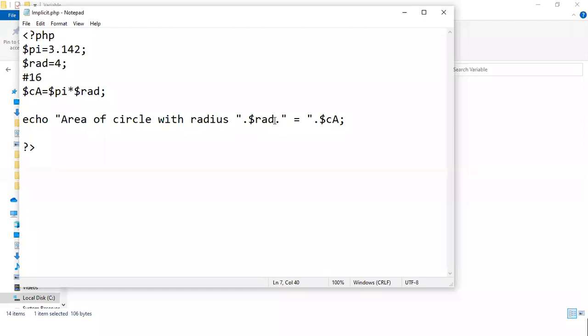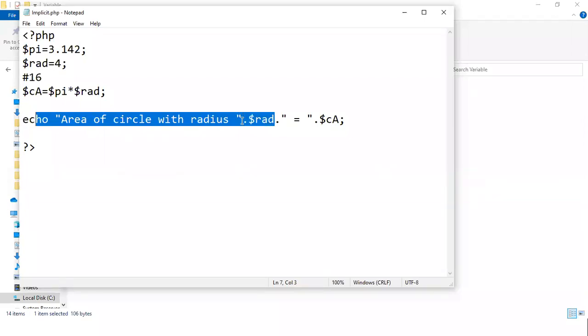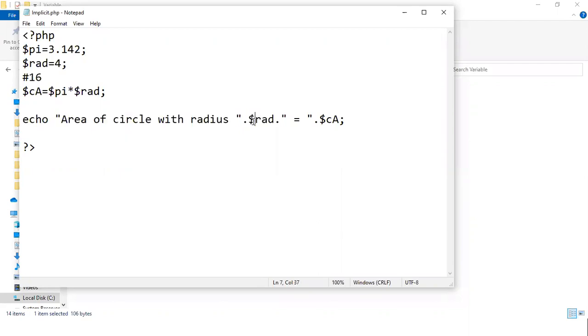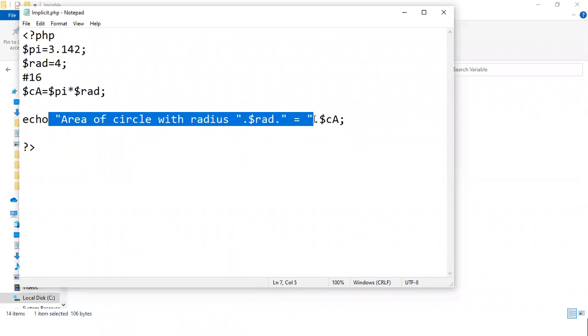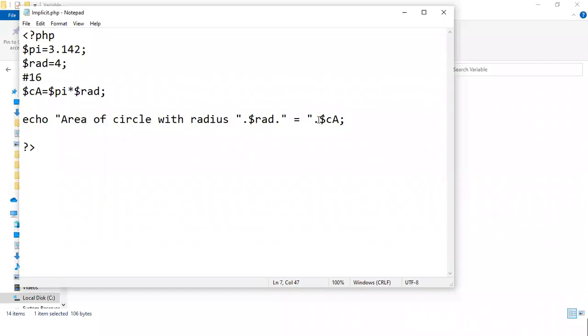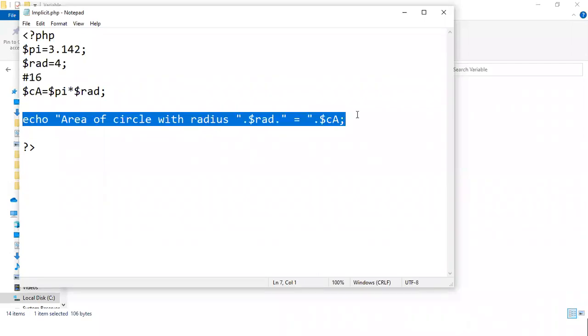Here the integer is converted into string because I'm using the string operator, so it is concatenated. Here also, after this string, this string is also concatenated, so it becomes one string, and then this integer is also converted into string and concatenated.